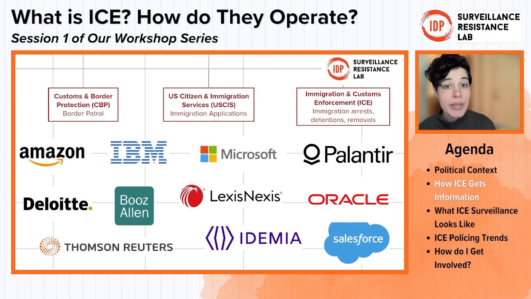Many of these are household names, as you can see. This is not an all-inclusive list either. There are many more, but I just want to highlight two. So Amazon, many of us know, use it frequently, perhaps. Amazon co-owns an airline involved in deportation flights and also cloud hosts a number of DHS systems, as do other companies. And LexisNexis and Thomson Reuters are two companies that you might know because they provide legal and journalistic research